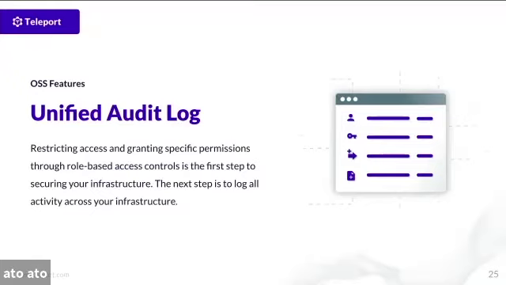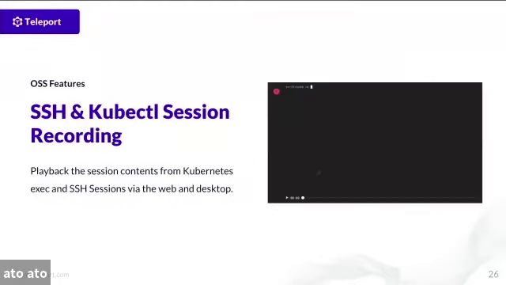So when a user logs in, when a user attempts to log in with an expired certificate, or if they run a Kubernetes command or a database command, our audit log is going to show what is happening within that environment. So from a compliance aspect, you get insight into that. And of course, you can push this information out to your own SIEM. People that use Splunk, Elastic, Datadog, Logarithm, Devo, others, there's an opportunity to push those audit logs out there.